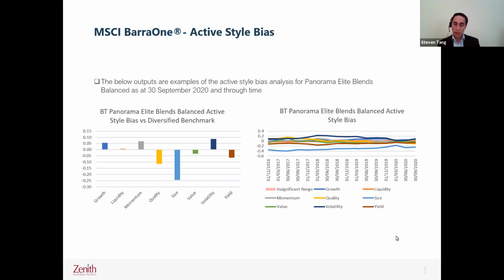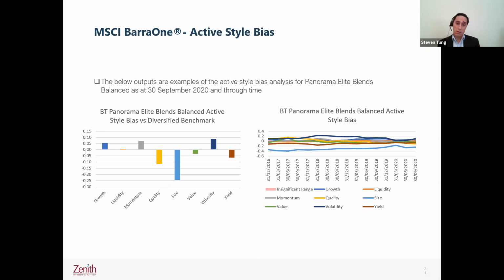The other one that you'll see on the right, through time, is that you're running quite a high vol, and that might be a bit surprising because, again, if you think about what I premised this conversation on, it's that we try to deliver with a lower volatility. What that's really saying is that we're running a more concentrated portfolio, and therefore our returns are a lot different to the benchmark. That's what we want. So that's something that we really do want to do. You can't really see here that there are also bands within this that are not significant. It's a bit lost in the right-hand chart, but there's an insignificant range where effectively you're not running the risk. So the real key ones that you can see there are the size and the volatility.